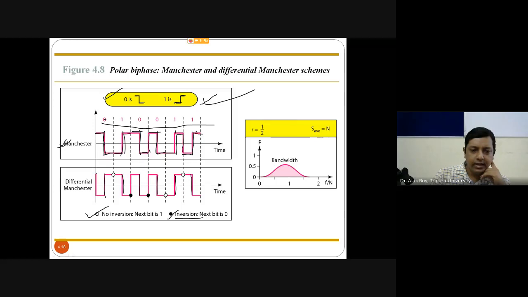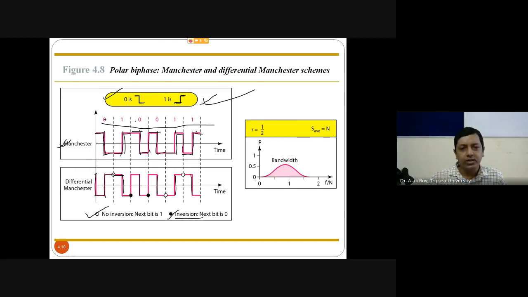Okay, go for it. For 0, the rule says inversion. So say you are at the start point. From the starting point, you have to go for inversion. Done. If you have reached here, you have to continue this line. Then automatically it will go, and you have to end it up here. Then again, see bit stream 1. It says that if you have next bit as 1, you should not invert. So you will continue, then there is a drop. So you have to reach here.